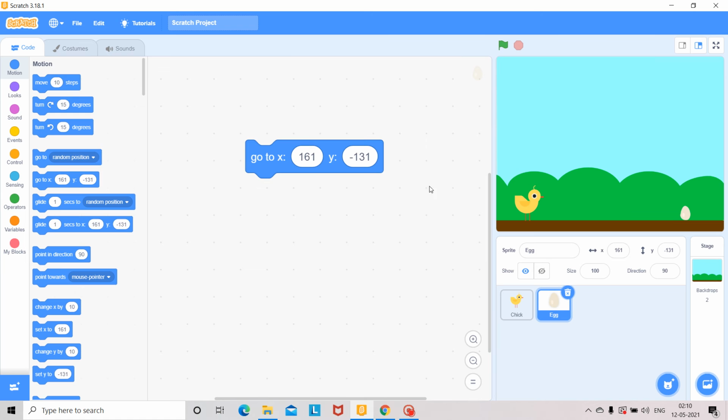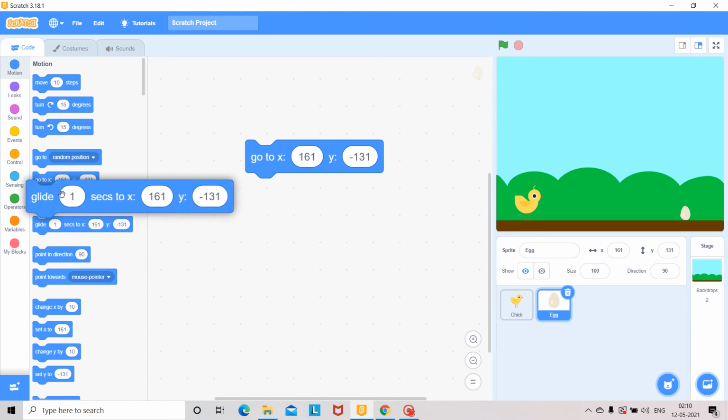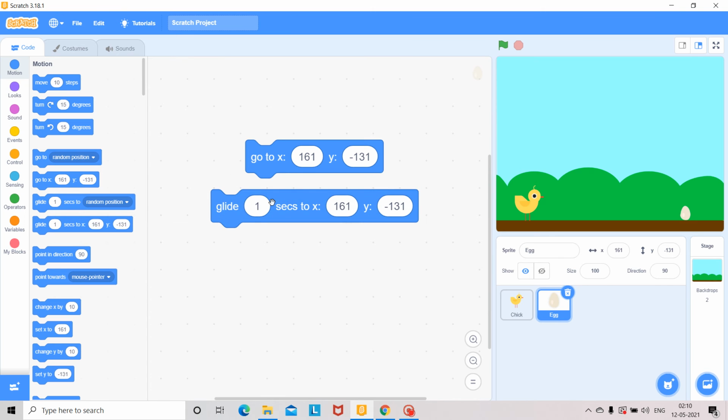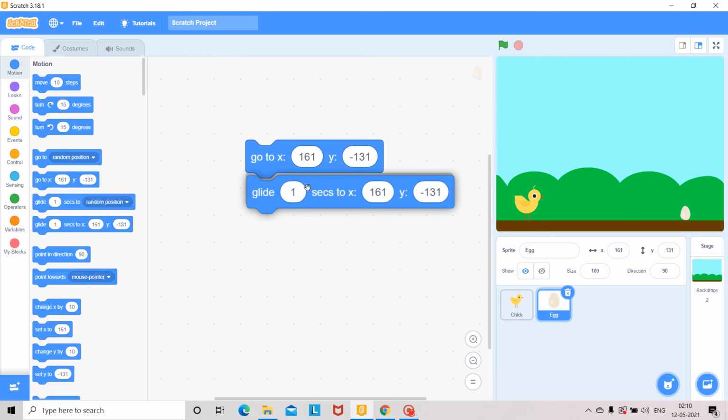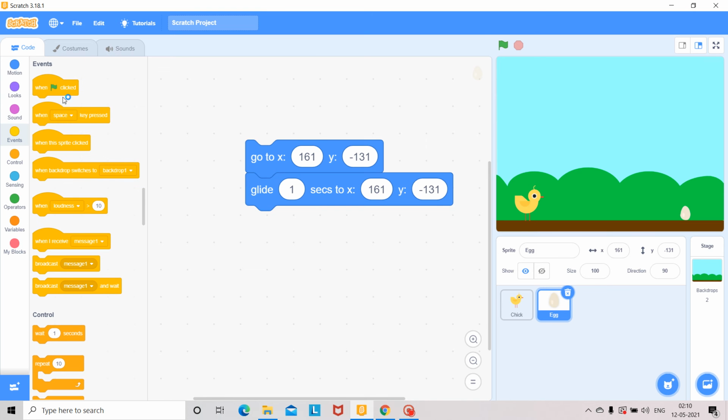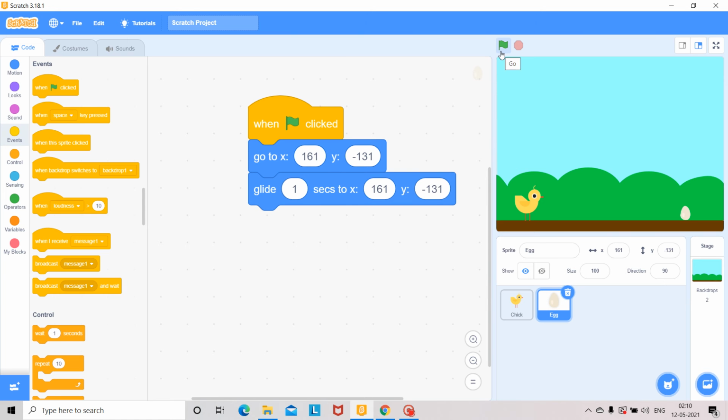Okay, and it is gliding towards the chick this much distance. So glide 1 second to x 161, y minus 131, right? When the event is flag symbol clicked. Okay, we can check also here.